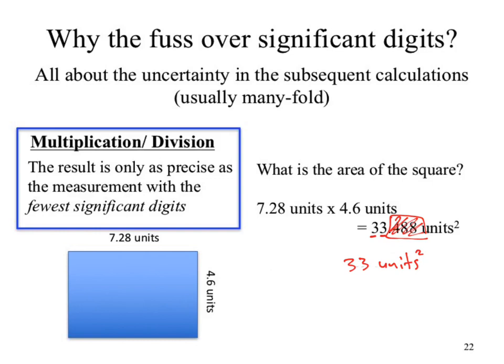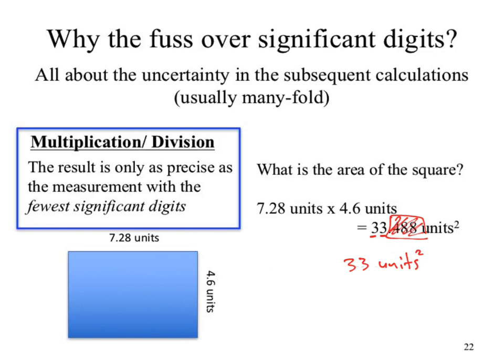Okay? So we have to follow these things appropriately. This is not what we're used to doing. And the reason we're not used to it is that if I asked you to take these measurements, you wouldn't have reported it as 4.6 units. You would have reported it as 4.60. You would have used the exact same number of sig figs in both measurements, so it would have been a moot point. Most of science uses the same number of sig figs in each measurement so that we don't have to stress about weird oddities like this. Unfortunately, this is the lecture where you're not taking any measurements, so we get to throw everything at you.